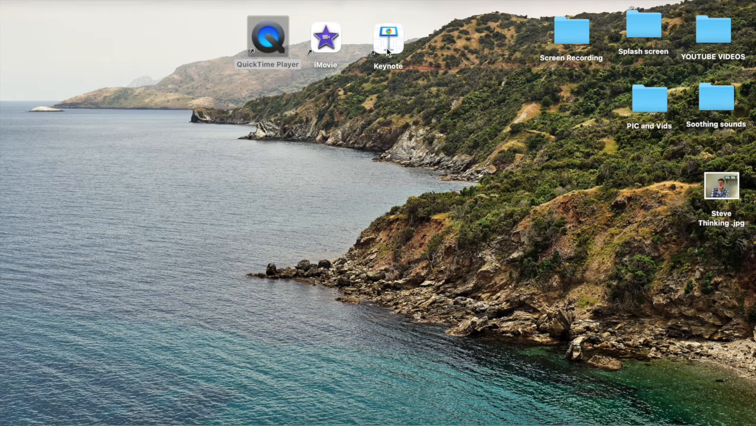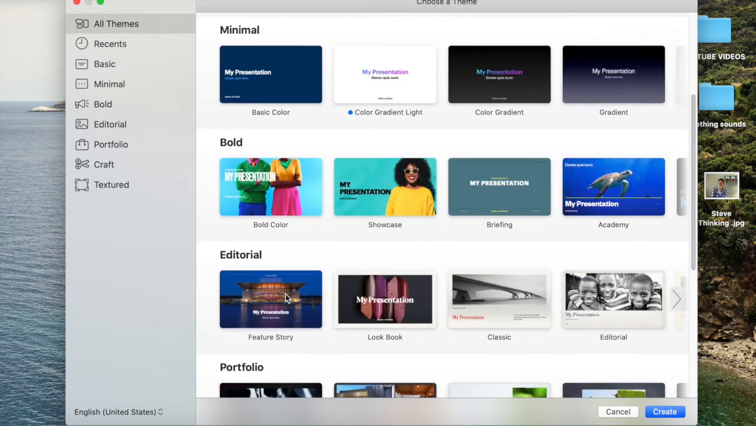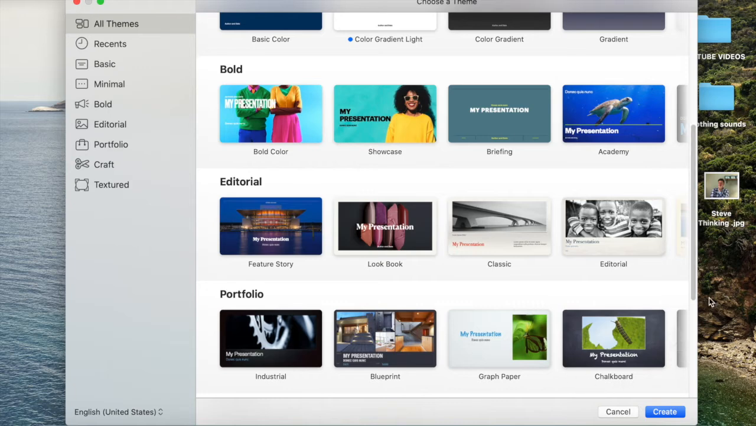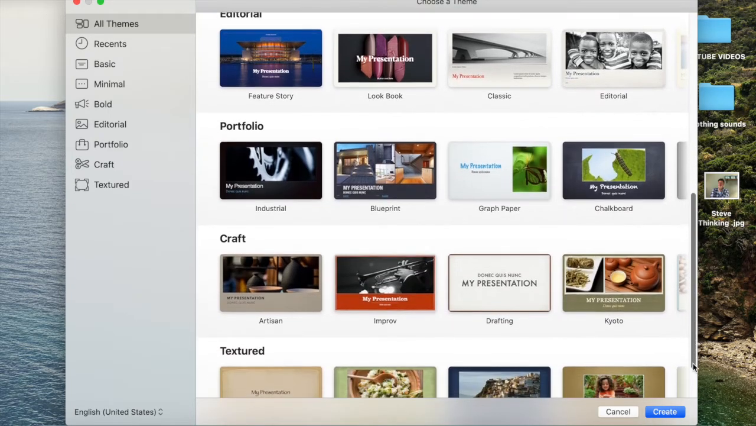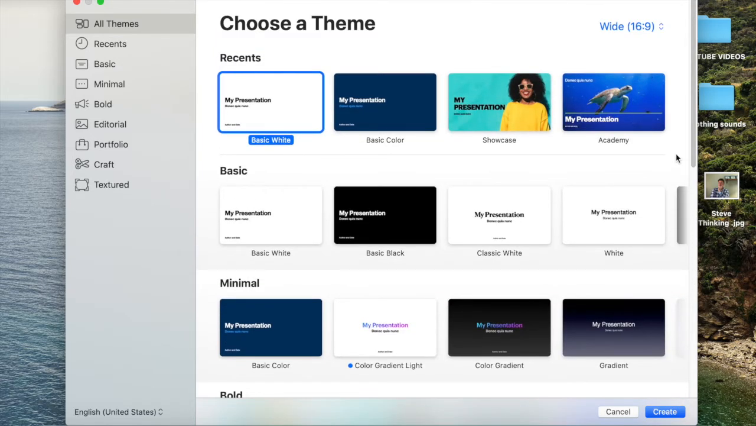Select Keynote, and the first thing that comes up is a wide range of varieties. From recent to basic to minimal, bold. You can go to editorial, portfolio. The list goes on and on. They give you a lot of choices. Just select the one that you feel most comfortable with. You can always change it once you have it up, so you're not prone to actually having to use that particular style. I'm going to use the basic